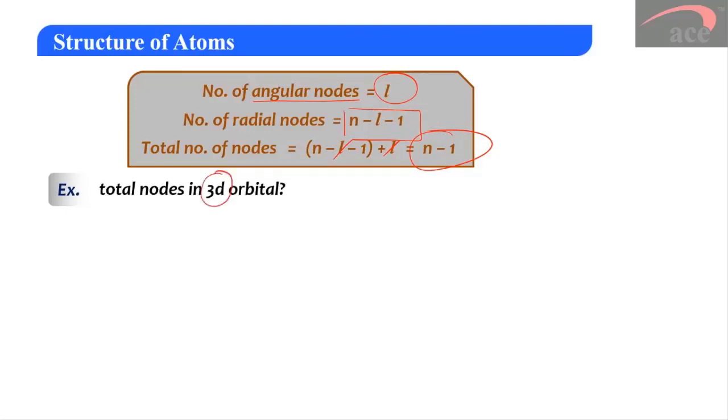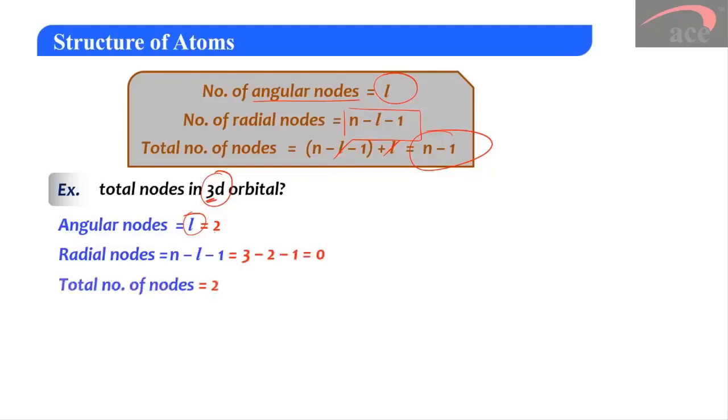For example, if you have to calculate the total number of nodes in a 3d orbital, is it possible for you to calculate? Let us try it. For the 3d orbital, the angular node value is taken by L. The L value for d is 2. The radial node is n minus L minus 1. What is n? Here 3d. This 3 indicates the n number. So 3 minus 2 minus 1 is 0. So the total number of nodes will be 2 plus 0, which is 2. There are 2